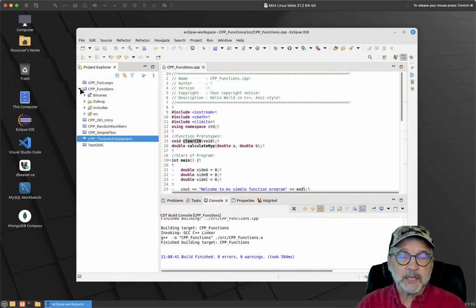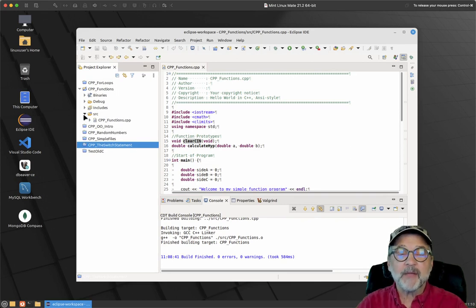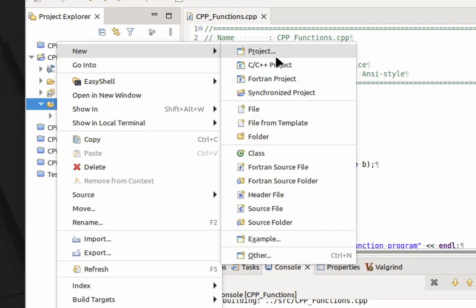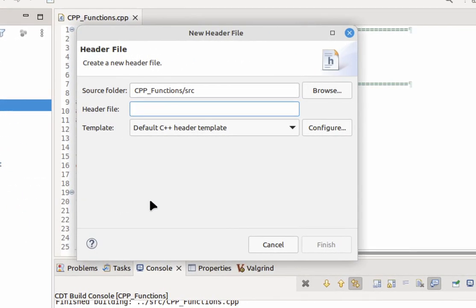So what I'm basically saying here is I'm going to separate my functions from my main program. My main program is still going to use them, but I'm going to put them in different files so I can share those files. So the way that I'm doing that is I'm expanding the CPP functions project. I'm expanding source. I'm going to right click on source and I'm going to say new header file. And I'm going to call this header file